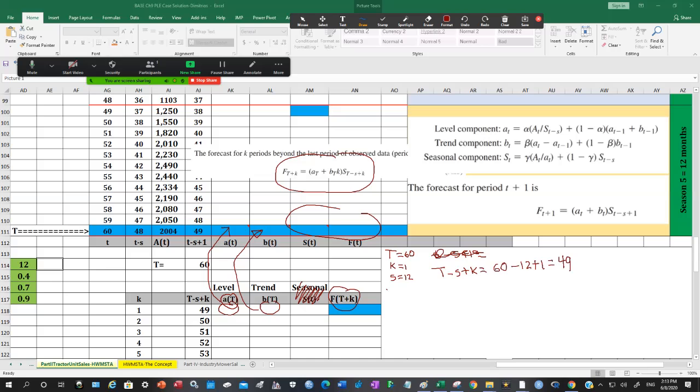So F of uppercase T, which is 60, plus k equals 1. This is that value right here. Equals, using this formula right here, lowercase a of 60 that we know, plus lowercase b of 60 that we know, times uppercase S with subscript 49. But we know that,